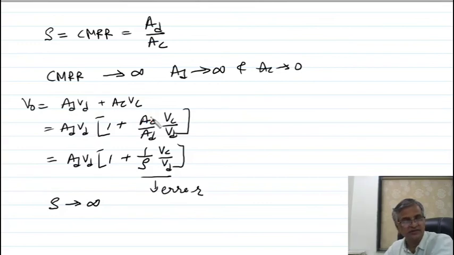This is your equation, so I have taken this as common. If rho is infinite, then this comes to 0, and the error will tend to 0. So this theory shows that the CMRR of the differential amplifier should be infinite to reduce the error. We will see how the error is minimized with the help of a numerical. Here is the end of the lecture.